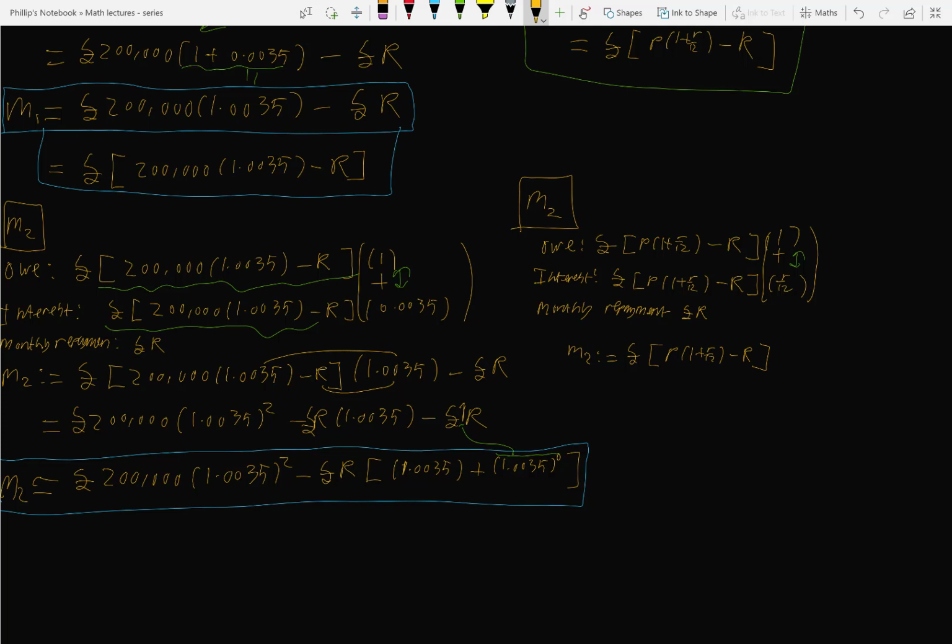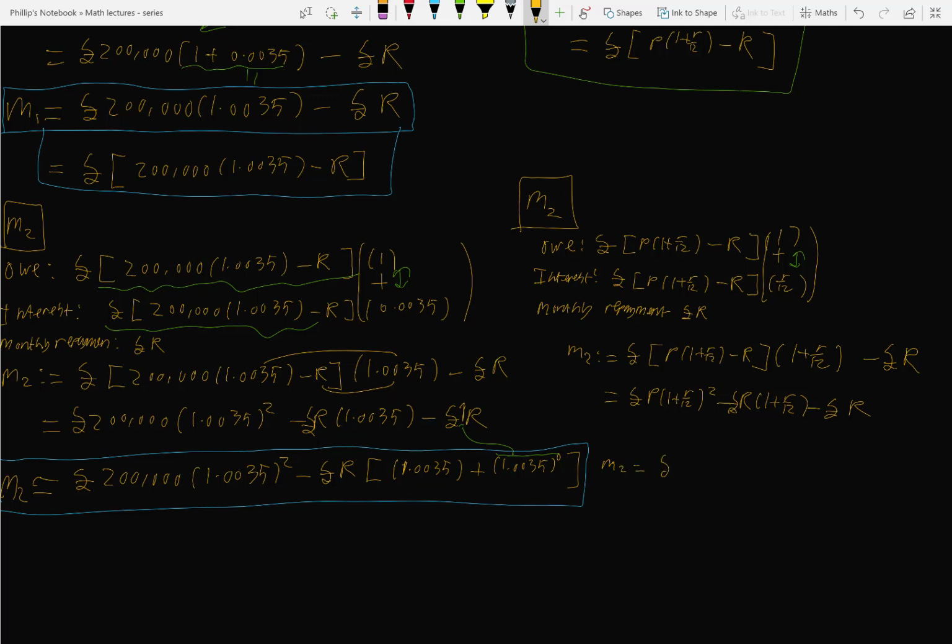Minus R times by 1 plus r over 12, and then we're going to minus the repayment, because we're going to make that every month on a common repayment. Multiplying it all out, we get the same kind of thing: P times by 1 plus r over 12 squared, minus R pounds times by 1 plus r over 12, minus R pounds, which is equal, so we've got M2 is equal